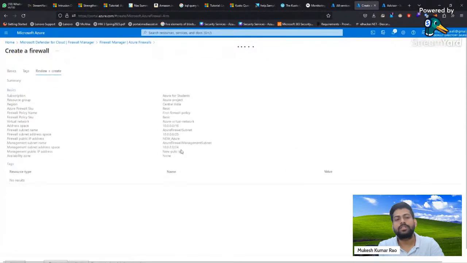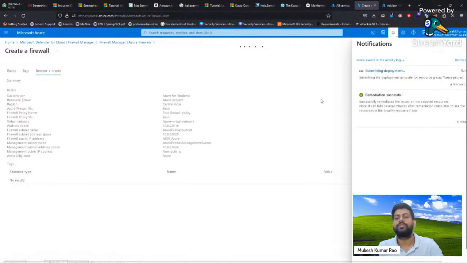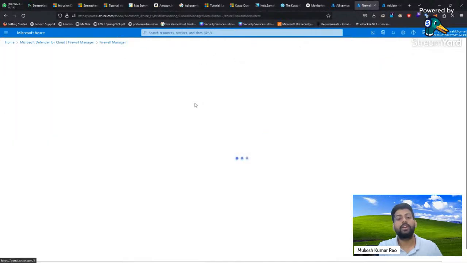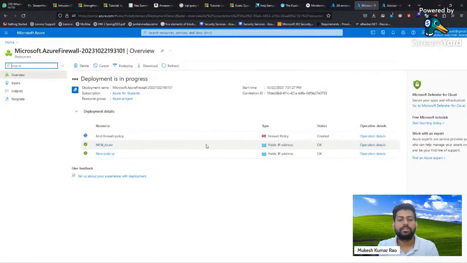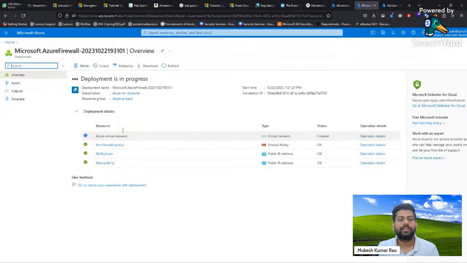And meanwhile, this firewall policy is creating in my account, so we'll see how it works. In that part, if any question is there, you can ask in the chat box. I will address that also. Yeah, so it is connecting. We just have to wait for 1 or 2 minutes. So here you can see what resources it is creating.